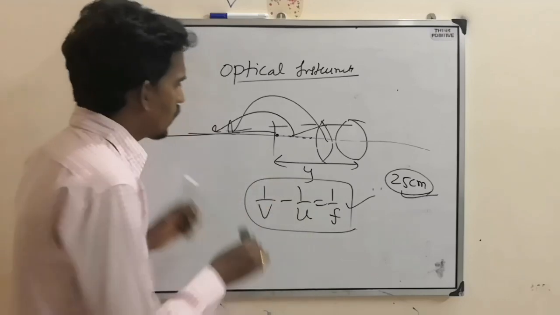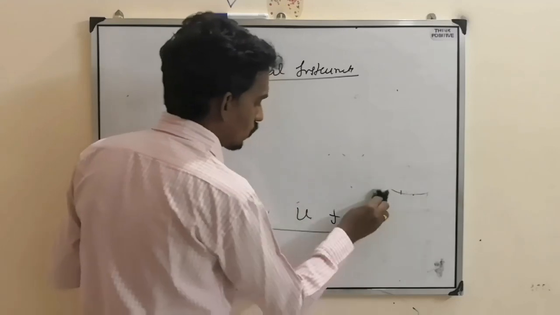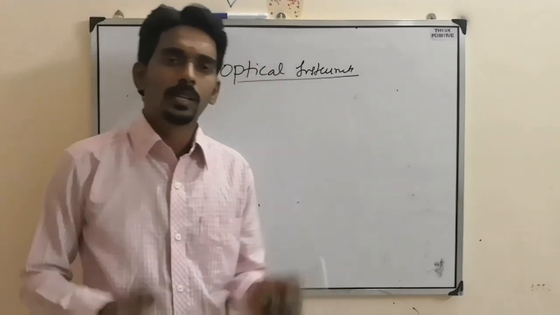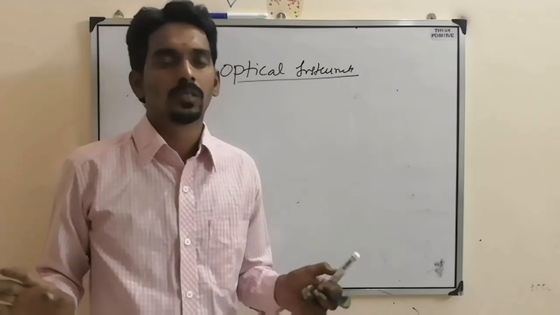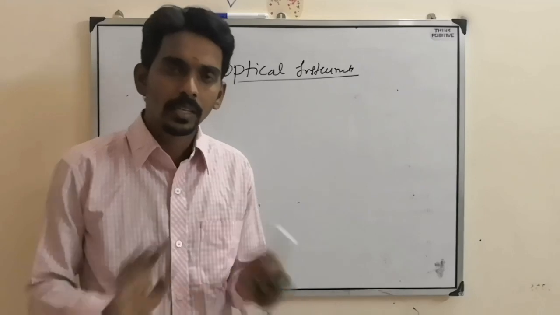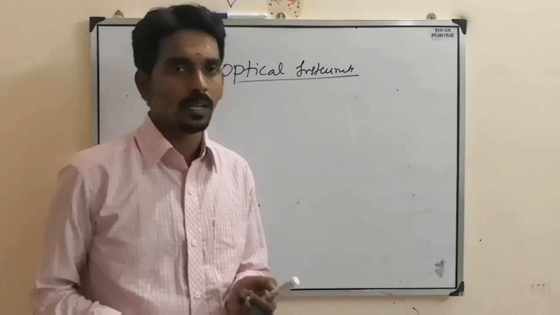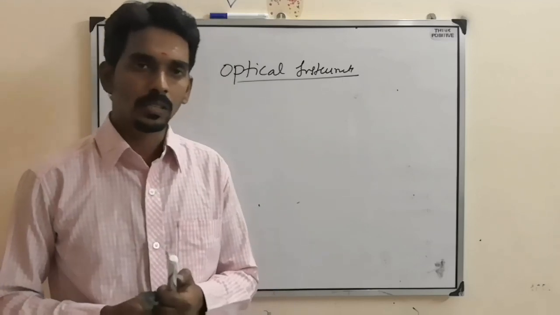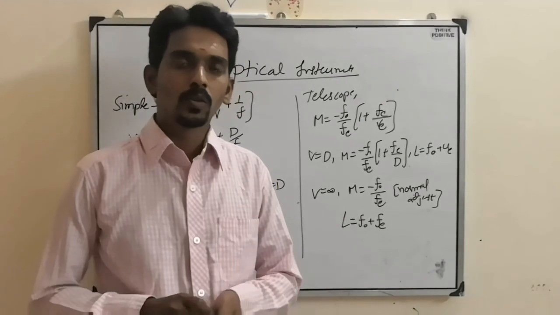Now apart from this, whatever remaining things are there, simple microscope, compound microscope and telescope, astronomical telescope, just remember the formulas and then solve the questions. 99% they will give simple questions only. I'll just explain what the formulas are, then we will solve a few questions based on those things also. 3 instruments: simple microscope,